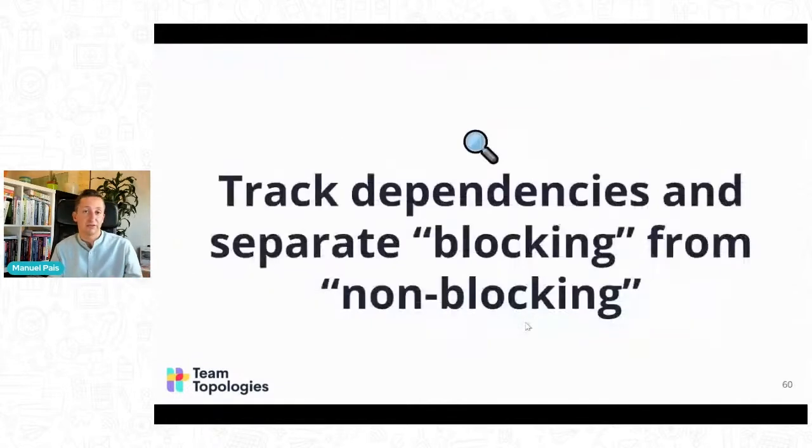So when we understand these two types of dependencies, and there can be others, some dependencies might be slowing us down but not necessarily blocking. What we should be doing is at least start tracking which dependencies are blocking and which are non-blocking, so that we can then use the interactions to address the blocking dependencies. Maybe we can collaborate with another team to understand how we can decouple the two teams. Today we depend on you because of this, but how can we do that ourselves?